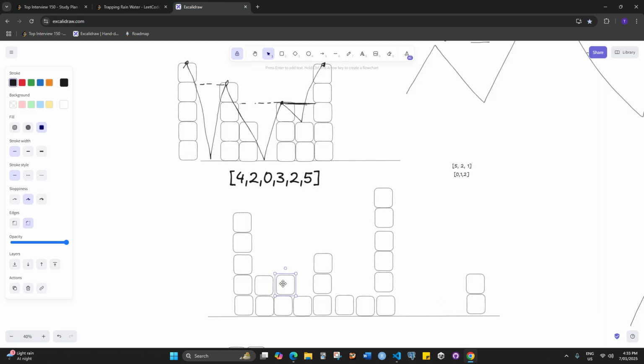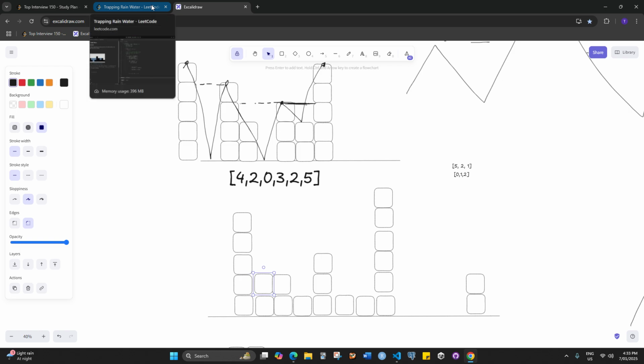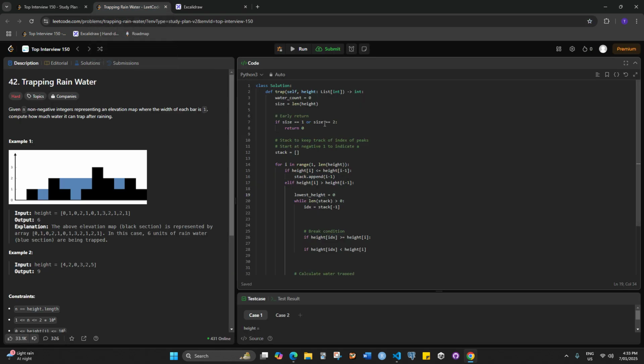So if it looks something like this, for example, the water that can be held, so here,